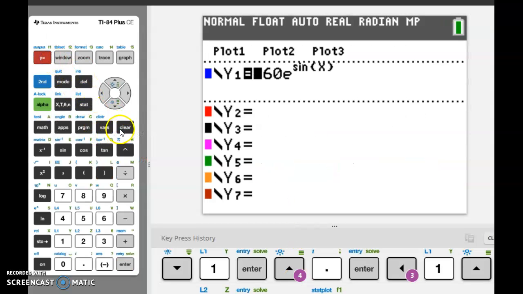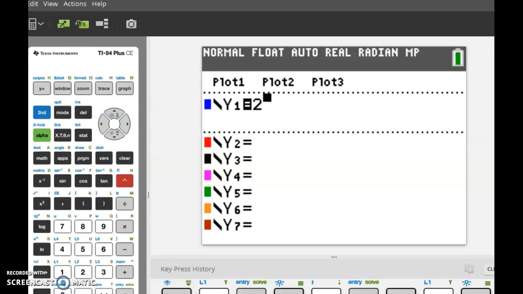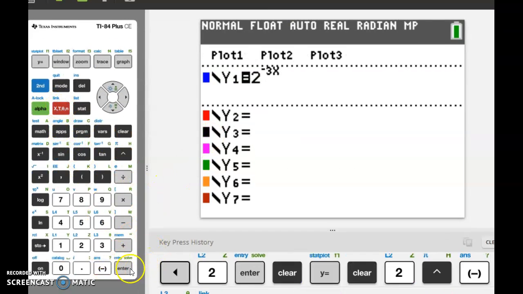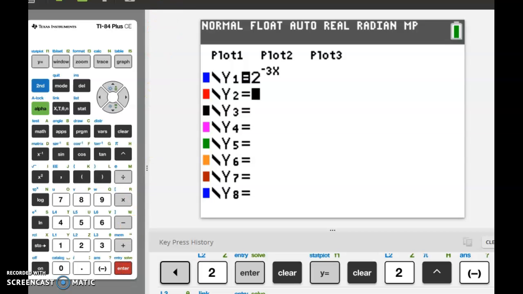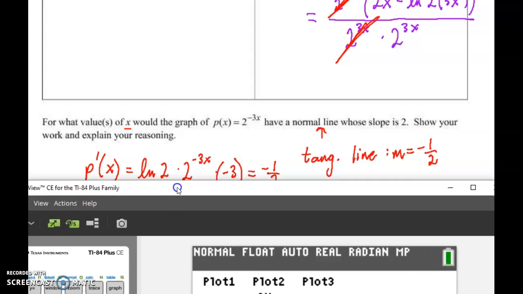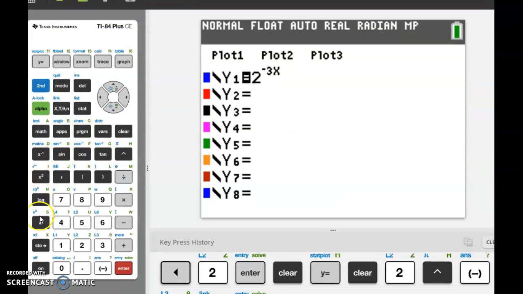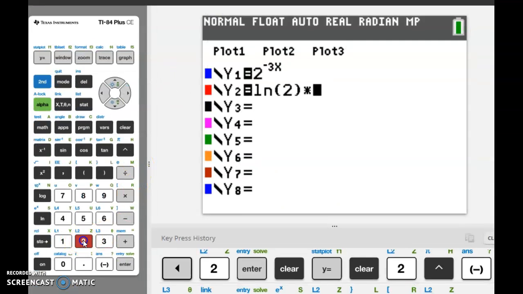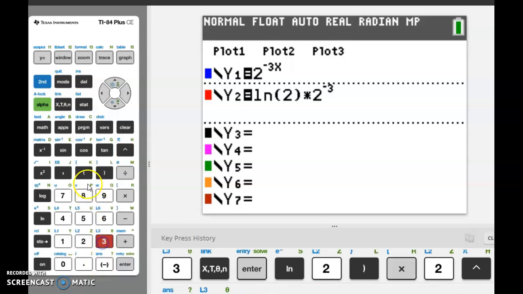If you go to y equals and you type in that function, 2 to the, I forgot what it was, negative 3x, and you can type in your answer. All right, so what we got for the derivative was natural log of 2. So this is a trick to see if you have the correct derivative, times 2 to the negative 3x power